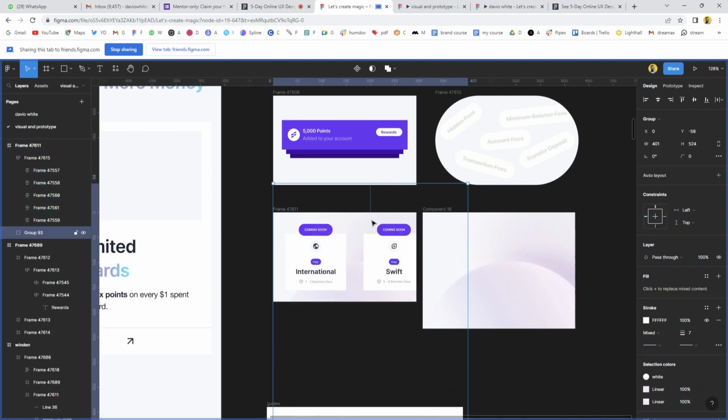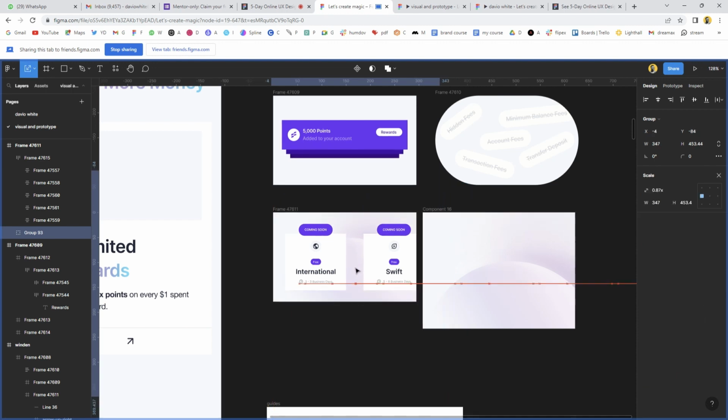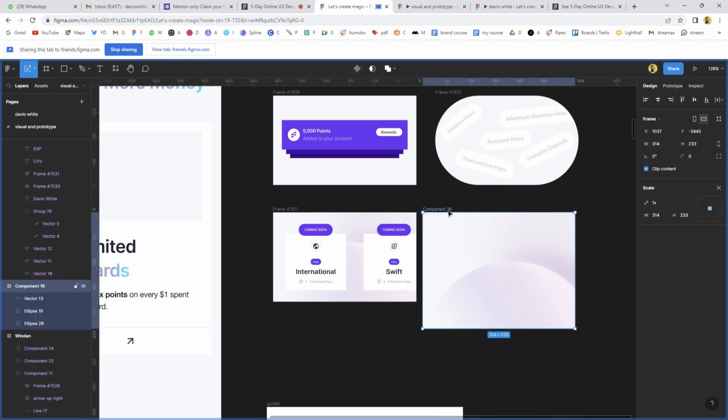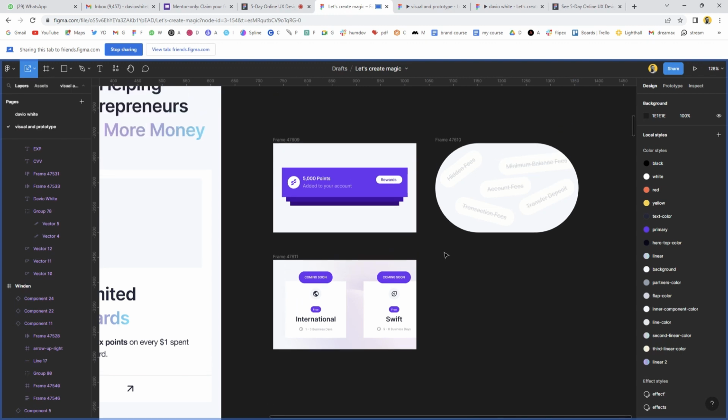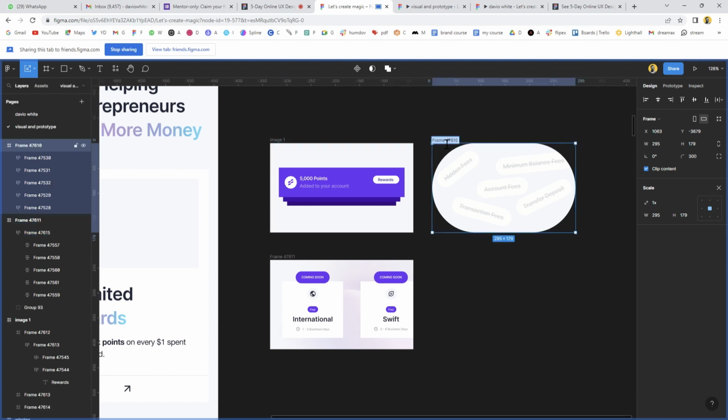Let's group that, send that to the back, reduce the size a bit. Yeah, something like this. Then we can get rid of this. You know what? Let's work with these 3. So we're going to prototype these 3 elements. So I'm going to just change it to image. Copy that. Image 1, image 2,